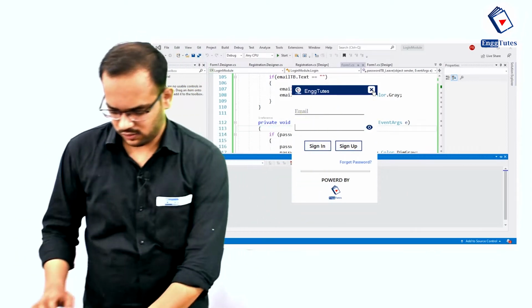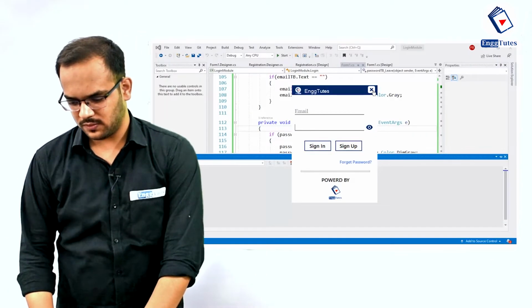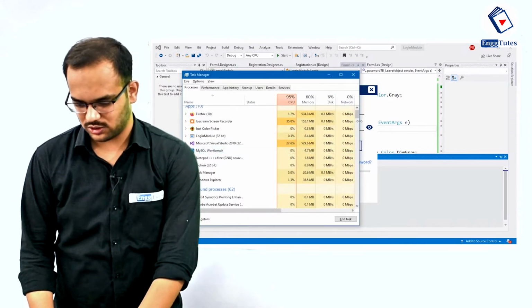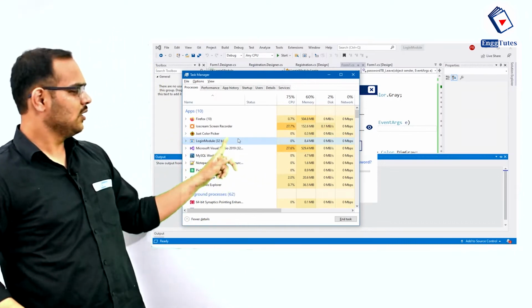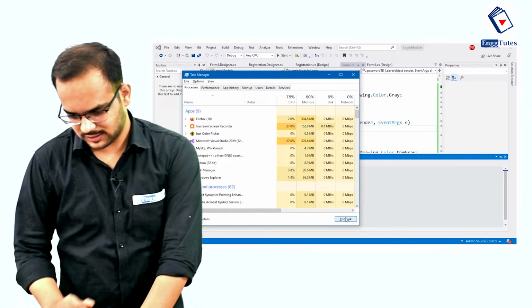Okay, so for now you have to close this form through your task manager only. So just go to your task manager, and here you can see your application is running over here. So just select it and press end task. Okay,